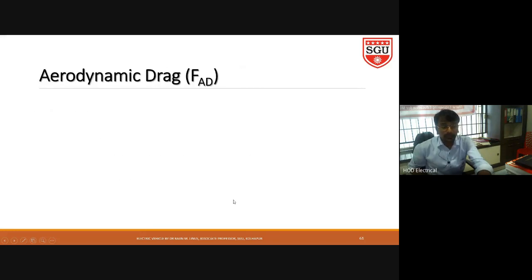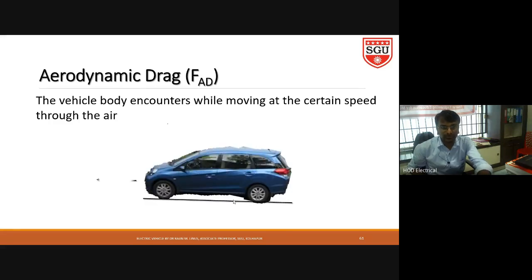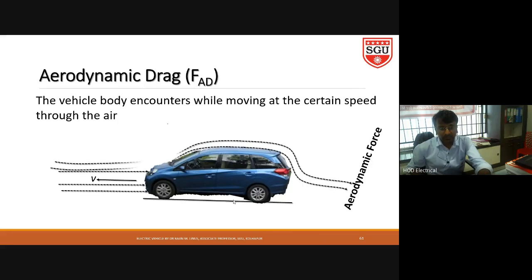So let me explain. When the car is moving at a velocity of v in the direction which I am showing on the screen, some of the air will hit the frontal area of the vehicle. Then after that it will deviate downward, and some will deviate above the vehicle. That we will call the aerodynamic force, in normal cases. The remaining air will go along nearly the skin of the vehicle. It will touch the skin and go out.